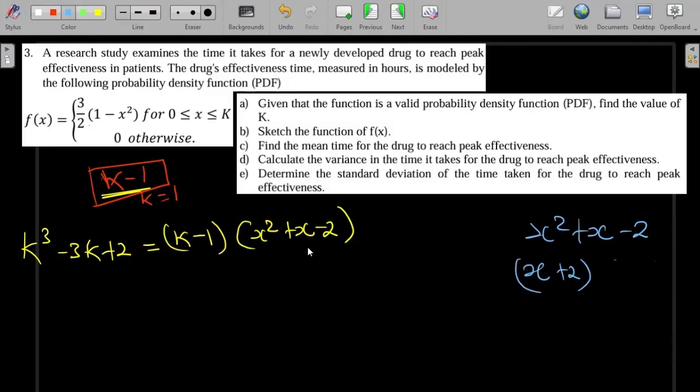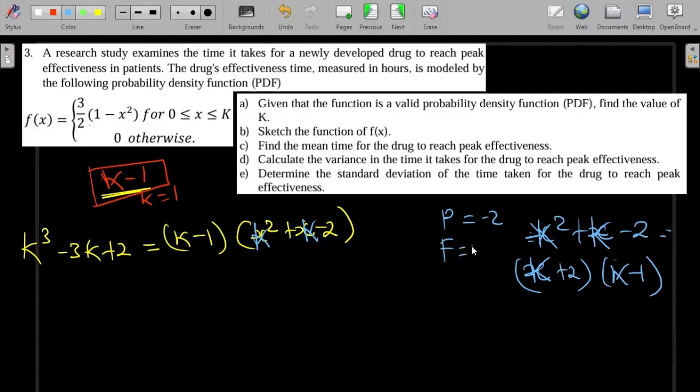Okay, we should write this in terms of k, right? So this is k, this is k used with x. This is also k, and k there. So the factors here will just be k plus 2 and k minus 1. So how are we getting this? We're saying the product there is minus 2,